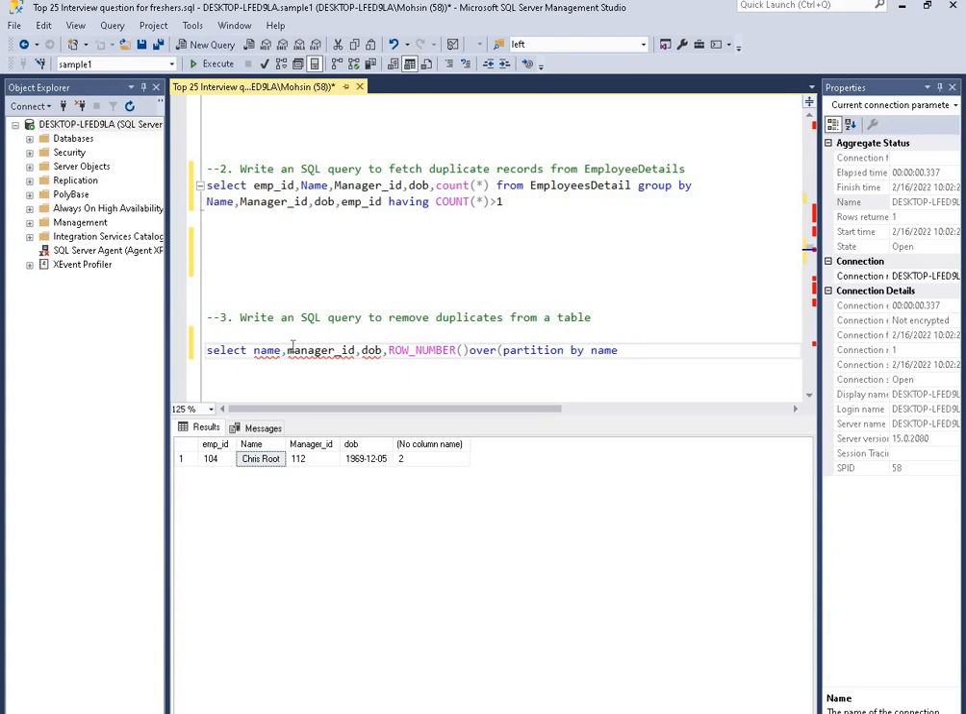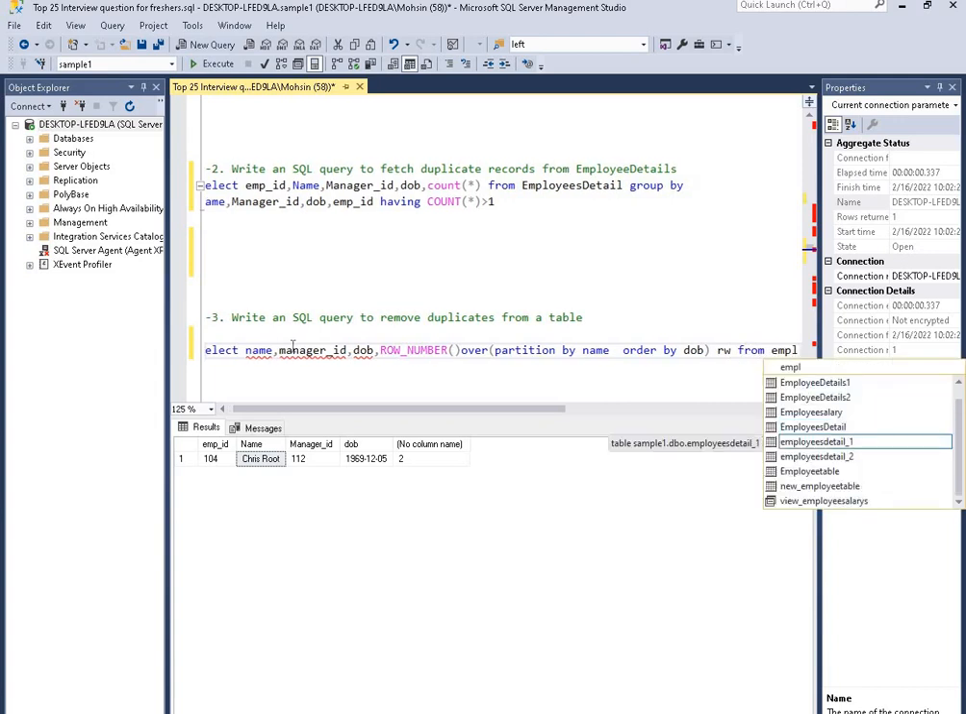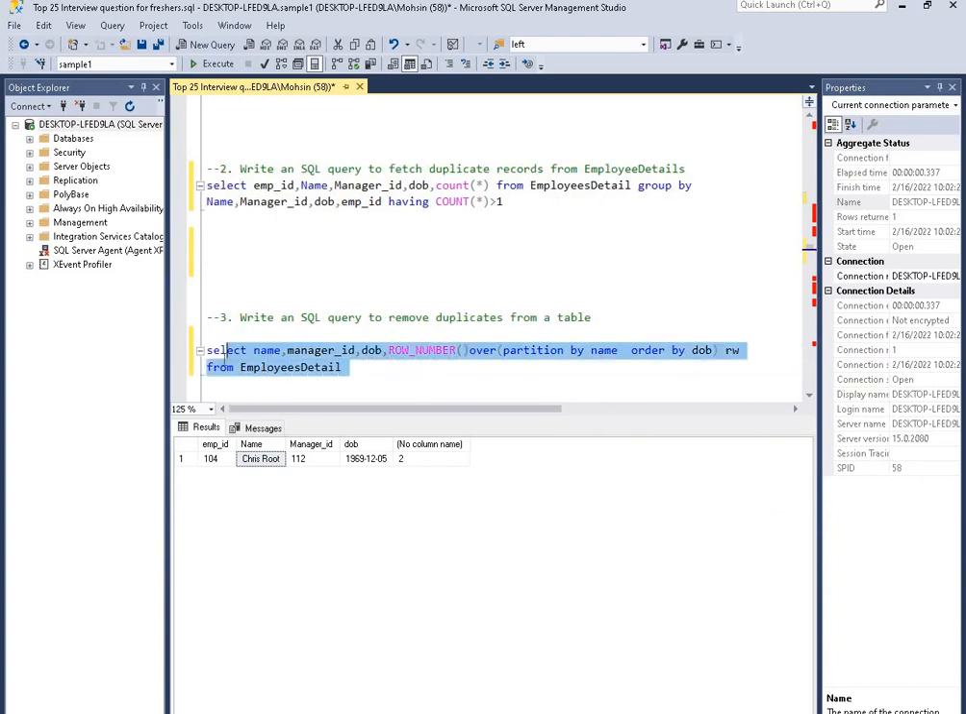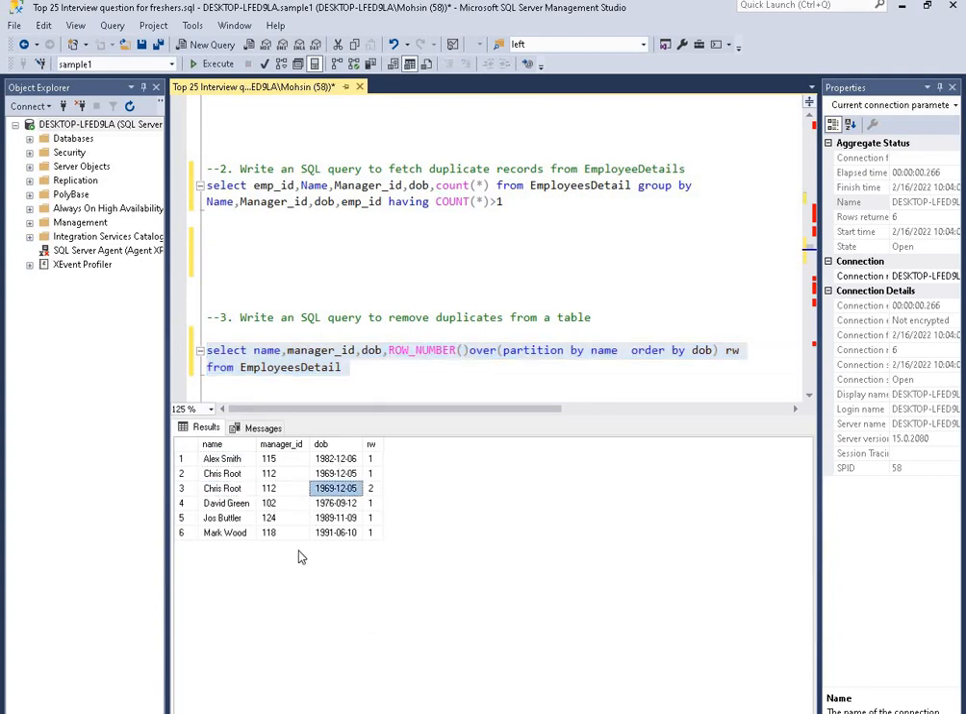Order by date of birth. We want the details to be ordered by date of birth, and we give this the alias RW, from the employee details table. Let me select and press F5 here. Here you can see Chris's details appear twice. So what we will do, as it is asking to remove the duplicates, is use the help of